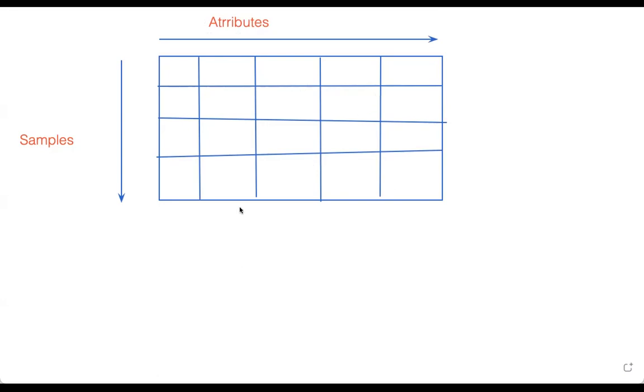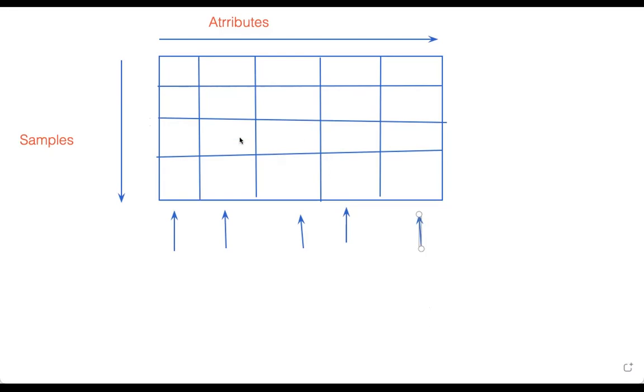Then we need to rescale. We need to do the scaling process to each attribute that we have. For example, we have 5 attributes, so we will do the scaling process to each attribute, this one and this one, all 5. So all of the features will be in the range from 0 to 1, or minus 1 to 1, or we can call it A to B. A is the minimum value, B is the maximum value.